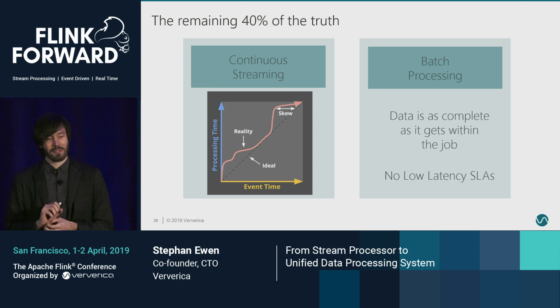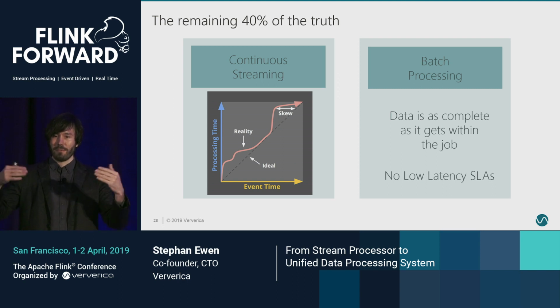I think this manifests most obviously in the fact that stream processing uses watermarks and batch processing doesn't. Because watermarks are exactly that. Watermarks are the trade-off between latency and completeness. This is how you define your watermark generation. How much do you want to make the watermark lag behind to just take a little more data,